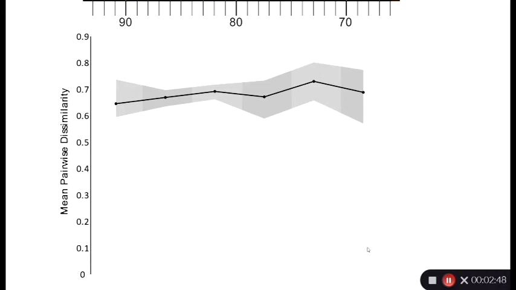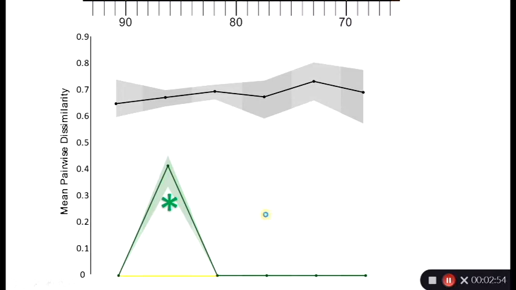where you actually see that is when you start looking at individual clades of mosasaurs. So when we do that, let's first look at Tylosaurines. Tylosaurines are highlighted here in green, and I'll call your attention to the second time bin where I have an asterisk. Here, you've actually got a number of species that are known from the Niobrara chalk that are lumped together in one time bin. You don't necessarily have all of these overlapping in reality. However, because of these coarse time bins, they do, and that creates a spike in dissimilarity and disparity within